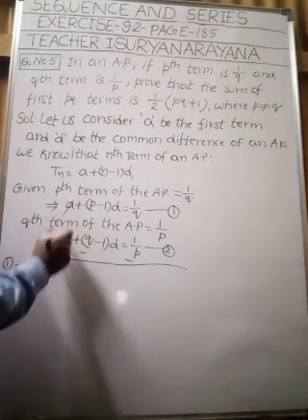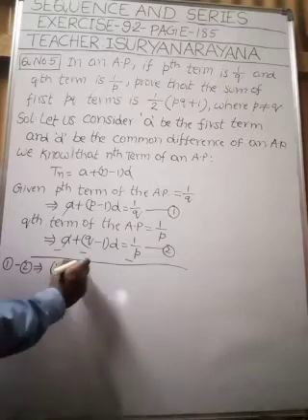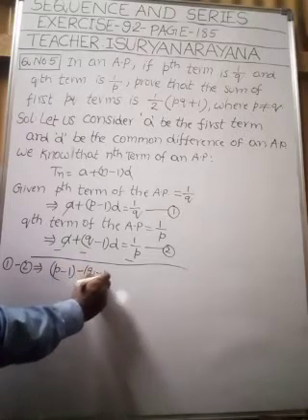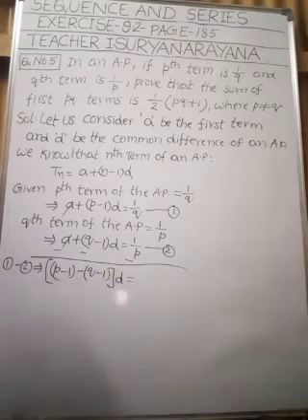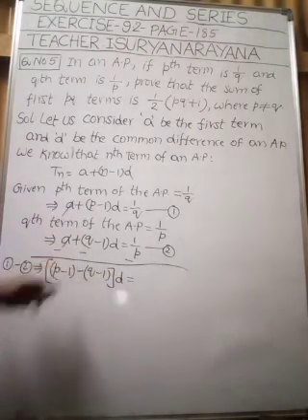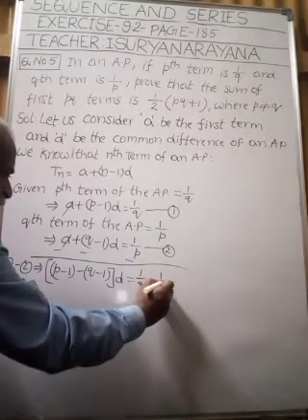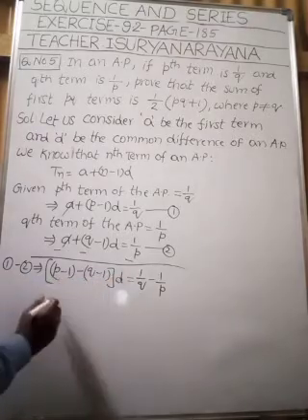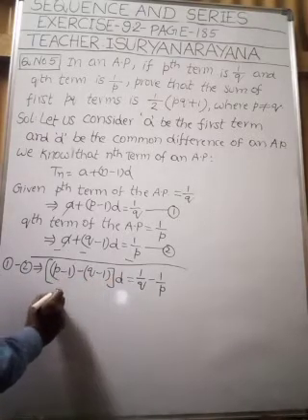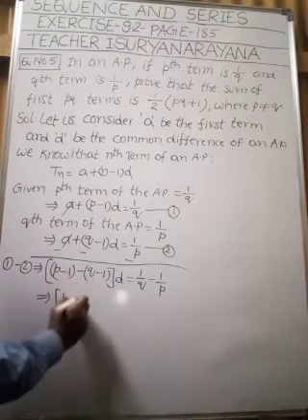A plus A minus A gets cancelled. (P minus 1) minus (Q minus 1) into D. Yes or no, my children? This term minus this term. Okay, my children. 1 by Q minus 1 by P. Understood this step, my children? Right. This implies, let us simplify, (P minus Q)